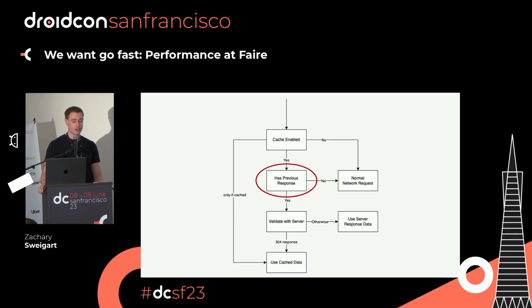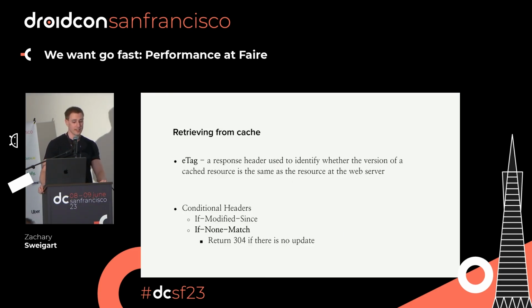So we also mentioned to check if there is a previous response and we have to validate with the server. So how do we know, how do we match items in the cache? One easy way to do this is with e-tags, which are essentially UUIDs, not quite, but they're unique identifiers that